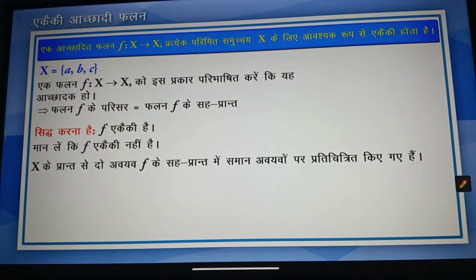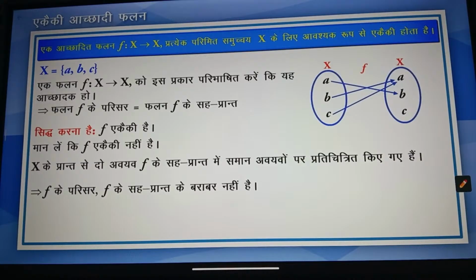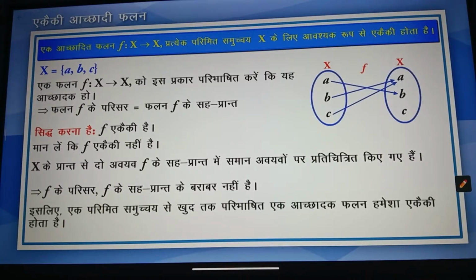इसका मतलब है कि x के प्रांत से दो अवयव f के सह प्रांत में समान अवयवों पर प्रतिचित्रित किए गए हैं। मान लीजिए b और c को f के अंतर्गत a पर प्रतिचित्रित किया गया है। अब हमारे पास f के प्रांत में एक और अवयव a बचा है जिसे f के सह प्रांत में शेष दो अवयवों में से किसी एक पर प्रतिचित्रित किया जा सकता है। मान लें कि a को b पर प्रतिचित्रित किया गया है। यह दर्शाता है कि फलन का परिसर f के सह प्रांत के बराबर नहीं है। यह इस तथ्य का विरोधाभास है कि f का परिसर और सह प्रांत बराबर हैं। इसलिए एक परिमित समुच्चय से खुद तक परिभाषित एक आच्छादक फलन हमेशा एकेकी होता है।